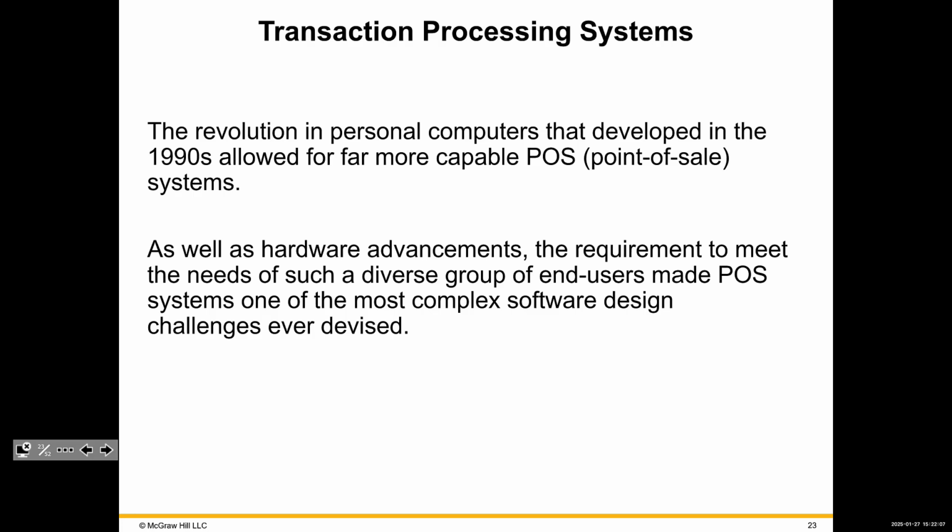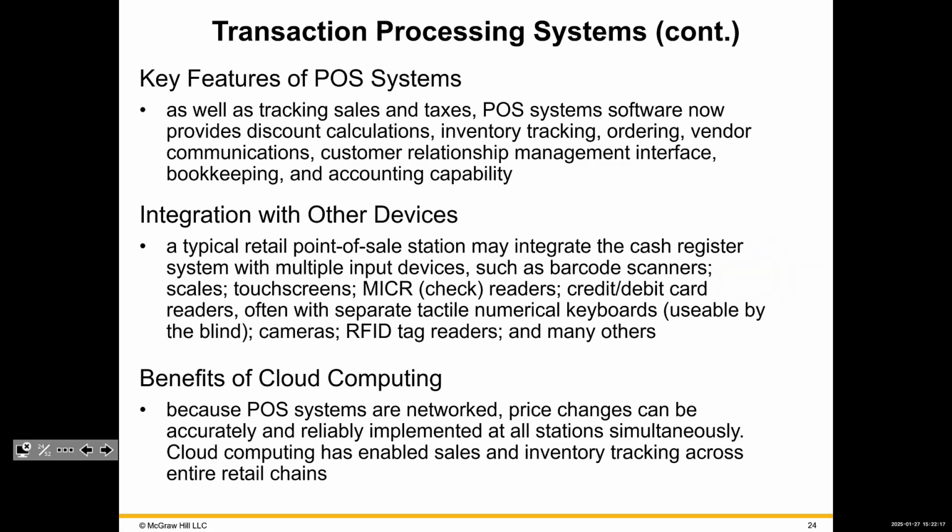So a point of sale system is pretty much a cash register. And with more difficult products, you would have a more sophisticated point of sale system. It usually allows you to track sales and taxes and everything else. We don't want to mess up the taxes because they charge you penalties and fees and all that jazz.